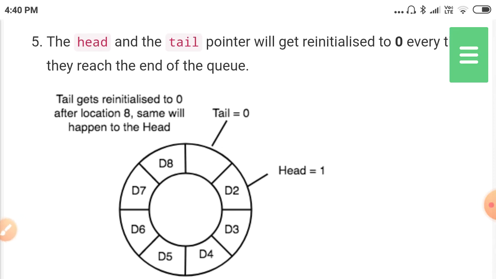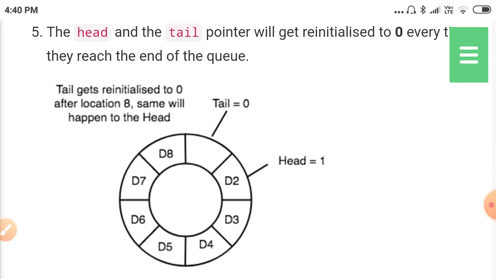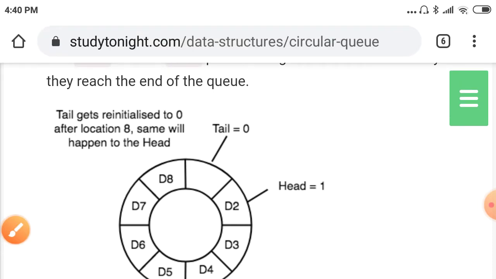Okay, the fifth feature: the head and tail pointers get reinitialized every time the tail reaches the end of the queue.